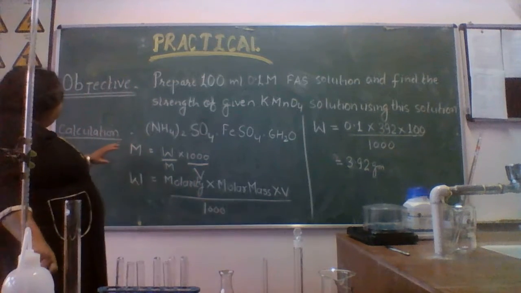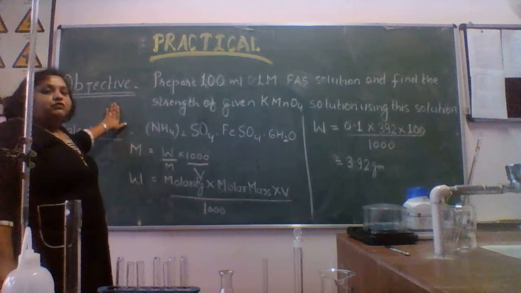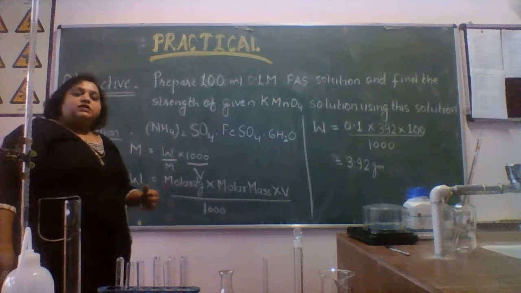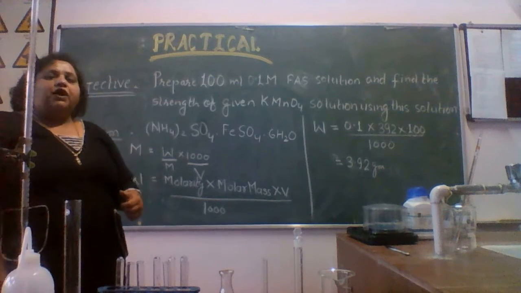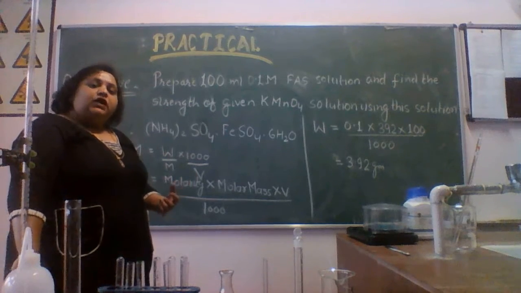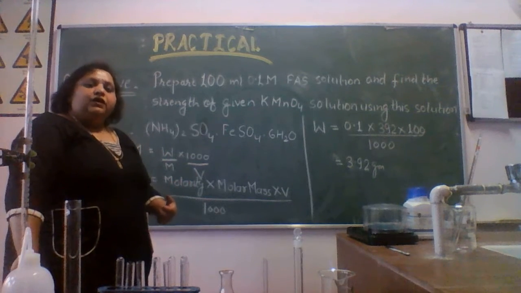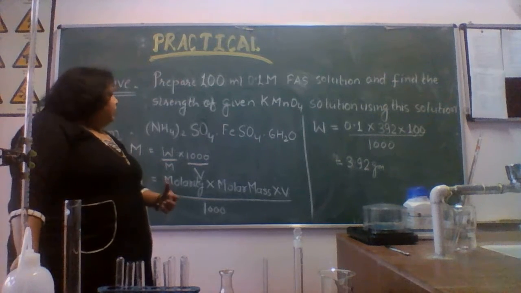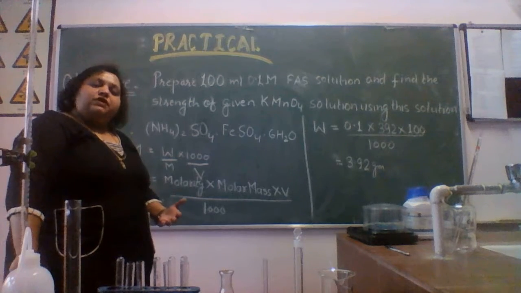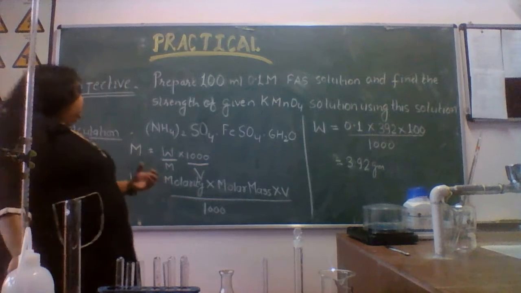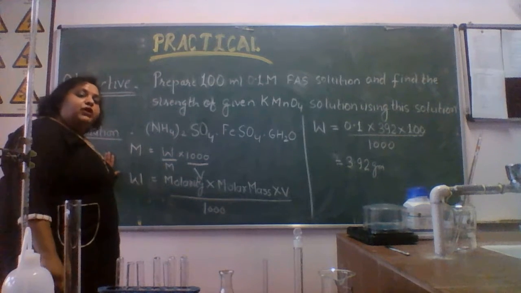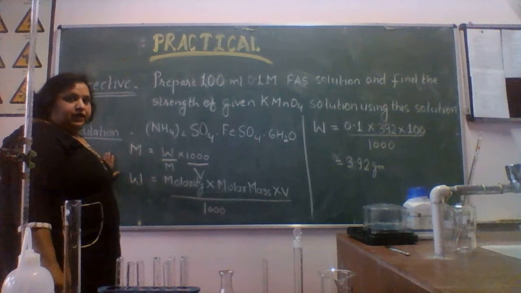Today I am going to focus on the first part of this experiment, preparation of a standard solution. Standard solution means the concentration of that is known to you. But how will you know how much amount of the reagent you need? For this, the chapter on solutions is needed, right? Here we generally use two terms for concentration, molarity and normality, right?